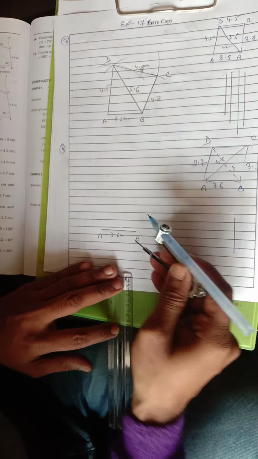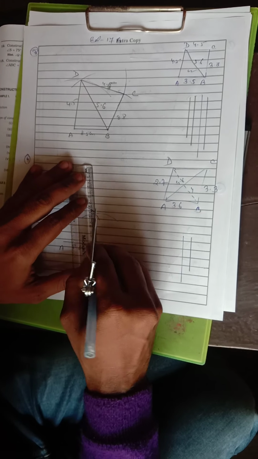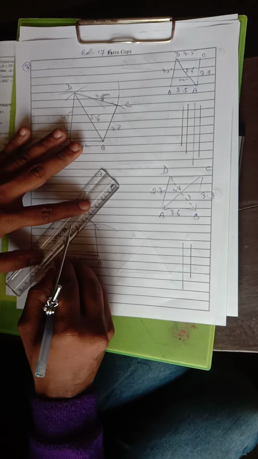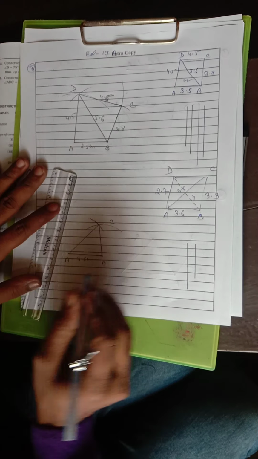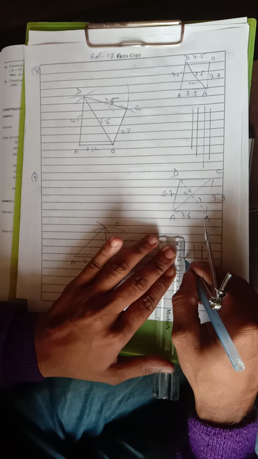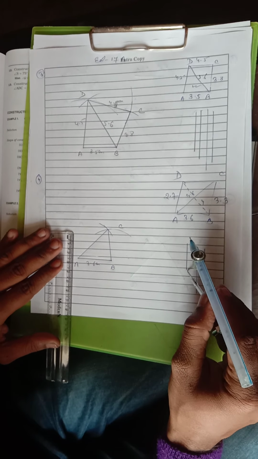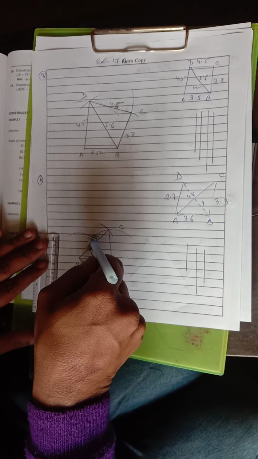Then from A to C given as 4.6. Draw a line 4.6. Again measure it. Keeping the pointer at A, we have to cut it. After that you can measure also, just to join those two lines. So this is the point C. Again same condition towards this. From A to D given as 2.7. 2.7 we can measure it. Keeping the pointer at A, 2.7.